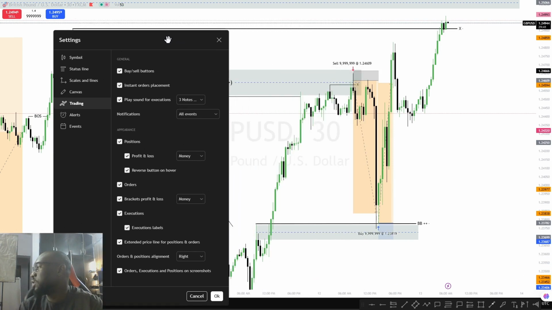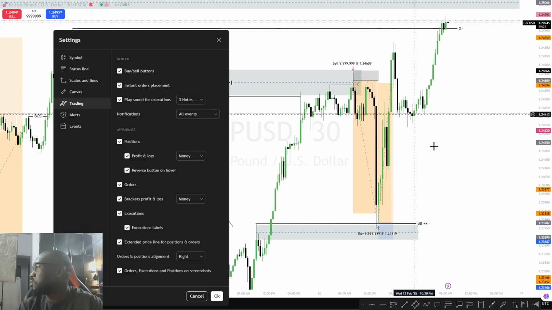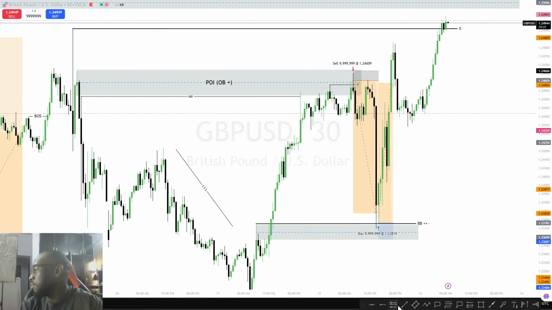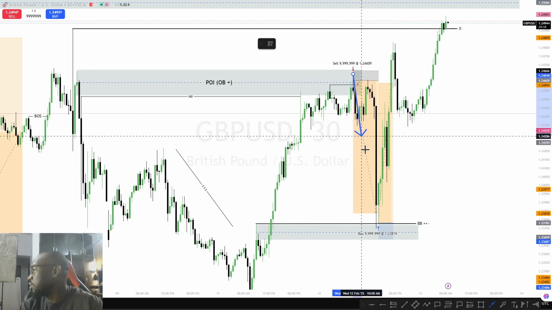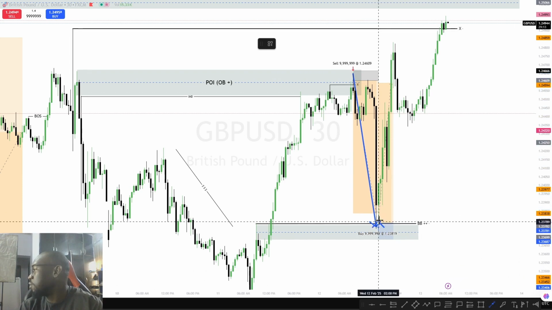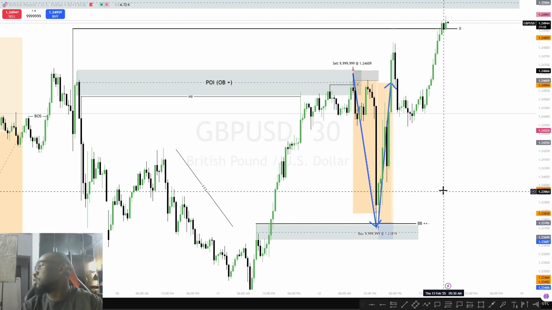Okay, so this is my execution for this. This particular breaker block position actually took place. I was sleeping then. I just woke up and saw this particular trade triggered me in. That's the breaker block trade. So this is my entry for GBPUSD, and it's actually a nice trade. So we rallied from here to this place, and we also rallied from the breaker block to this level here. So that's how I caught my